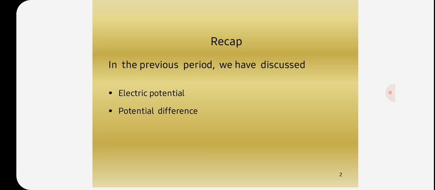Electric potential V is the work done per charge, equal to W by Q volts. An electric charge causes an electric field around it, which theoretically extends up to infinity. If any charge is placed in this electric field, it will be attracted or repelled depending on the nature of the charge. When it is moved, work will be done against or by the force acting on the charge